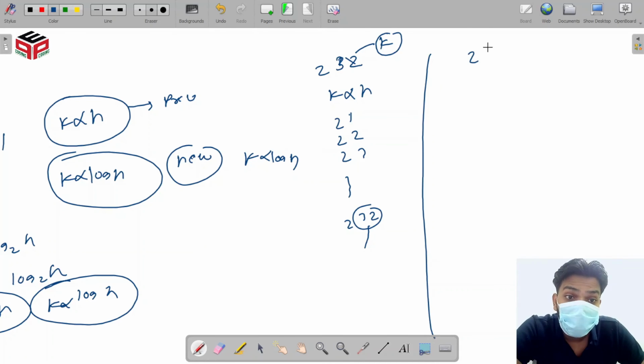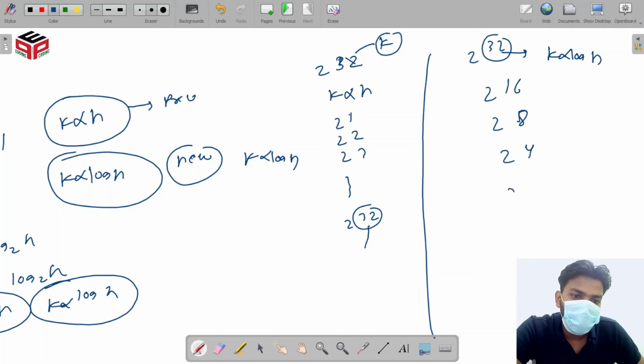But here k is proportional to log n, so we have to calculate 2^16, 2^8, 2^4, 2^2, 2^1.